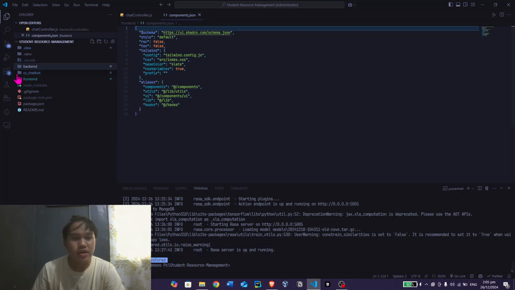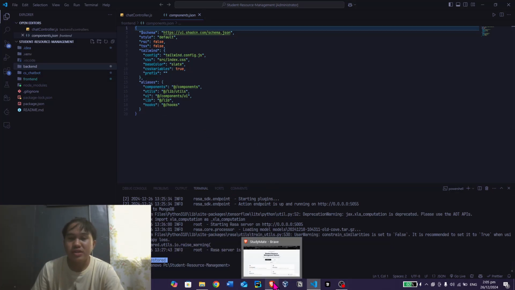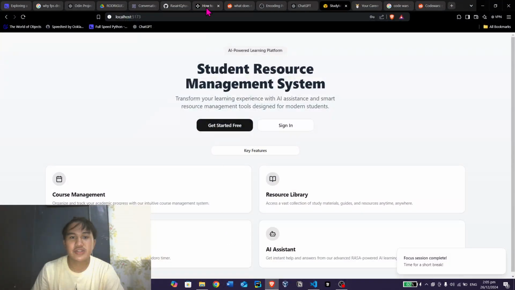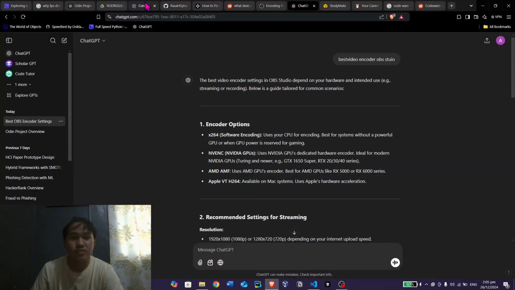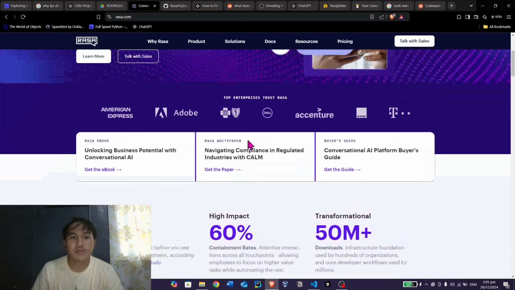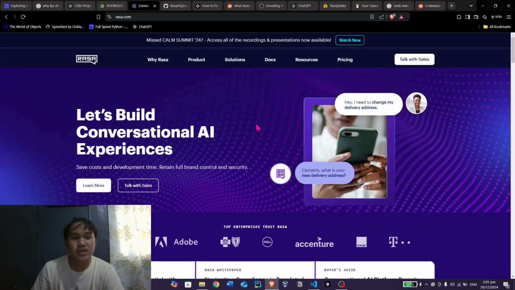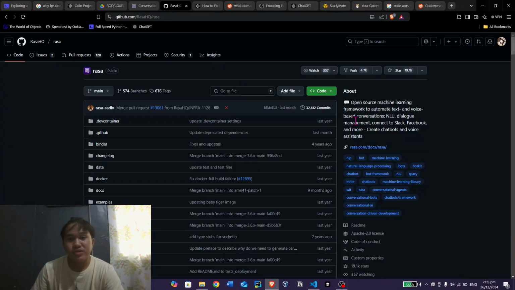And for the chatbot, we use Rasa. Rasa is an open source chatbot framework, sir. It's an open source machine learning framework to automate text and voice-based conversations, NLU, and dialogue management.